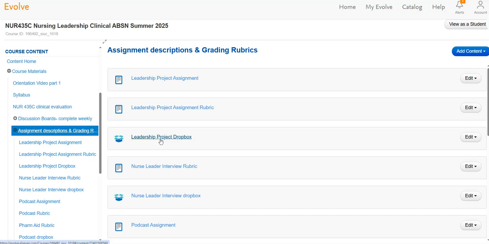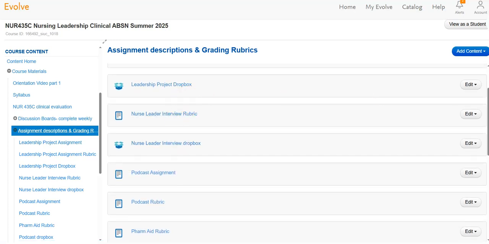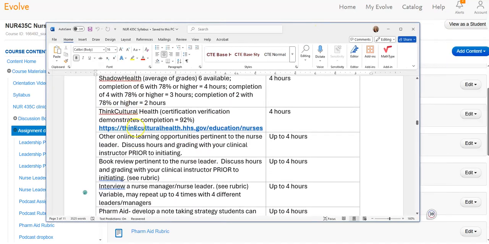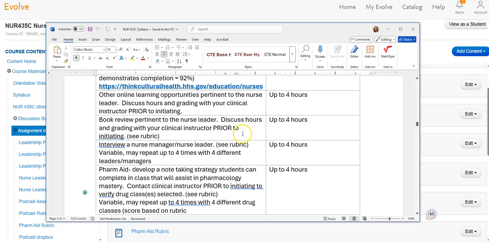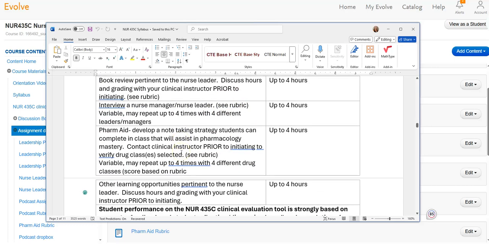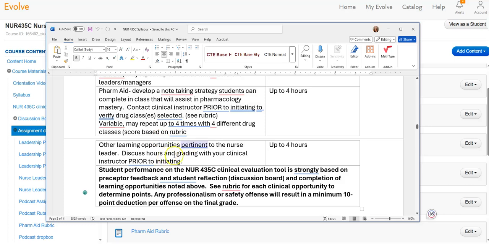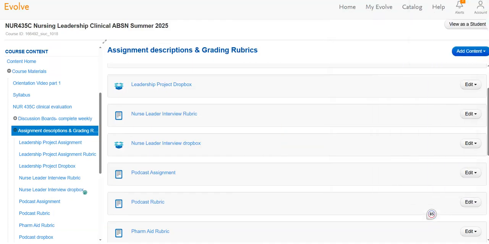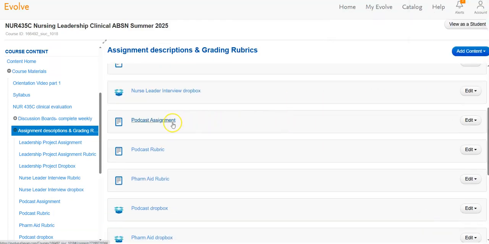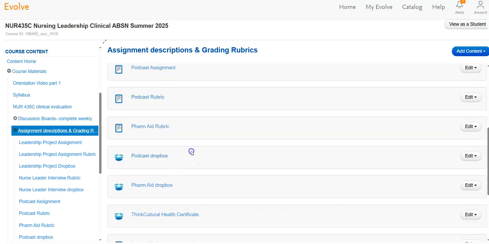So it might be a PowerPoint, it might be a video, it might be a Prezi, it might be a really detailed paper, whatever works best for you and looks good. That's what you want to upload there. That's the only thing you have to do as a group. The rest of your hours are independent and have rubrics associated with them, unless it's something like other learning opportunities, which doesn't have a rubric, because I don't know what you might be thinking about. So if it's something that gets a grade, I've got a description of the product, and then the rubric that goes with it, and then I've got the Dropbox that goes with that.